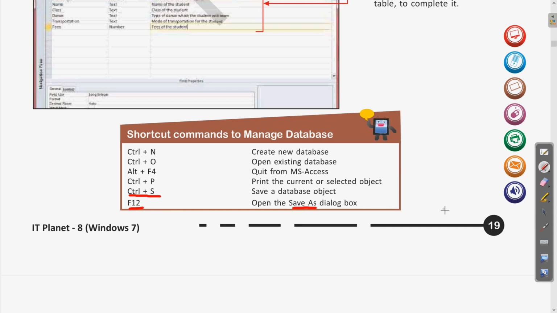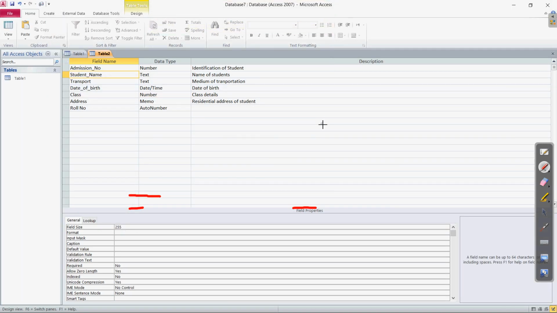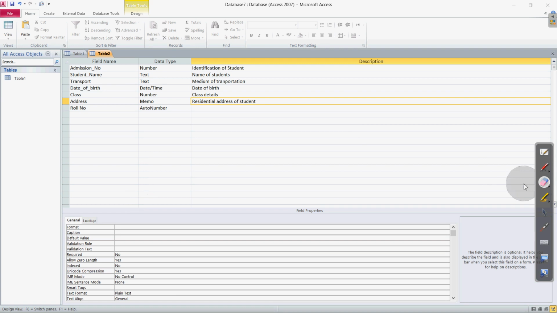If you want to see a few of these, let us show you a few of these shortcut commands on the software window. Suppose this is the window. If I click Control P, okay, wait a moment. Suppose I click Control P, it will give you the print-related activities if the printer is attached. Right now the printer is not installed, so it may not be showing.